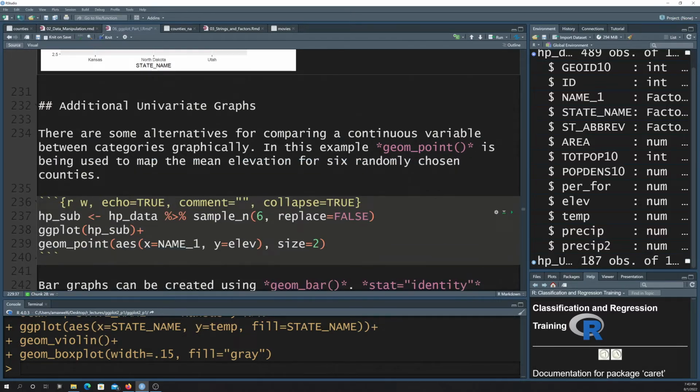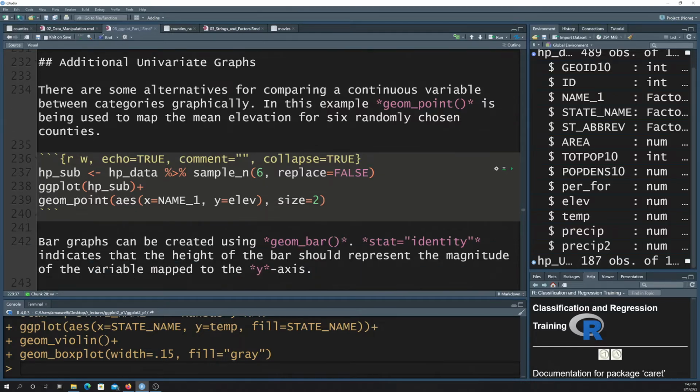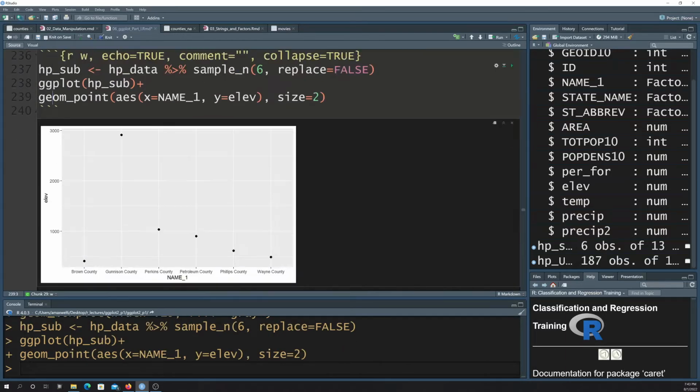Okay, these are just some other examples of graphs where you're mainly looking at one variable, or trying to differentiate or compare a continuous variable between categories. So here we're using the geom_point, which draws a point based on an XY coordinate. So let's produce that and have a look at it. Okay, so what we have here is we're showing the elevation for 6 random counties. So I just pulled out 6 random counties, and then I put those in the ggplot,